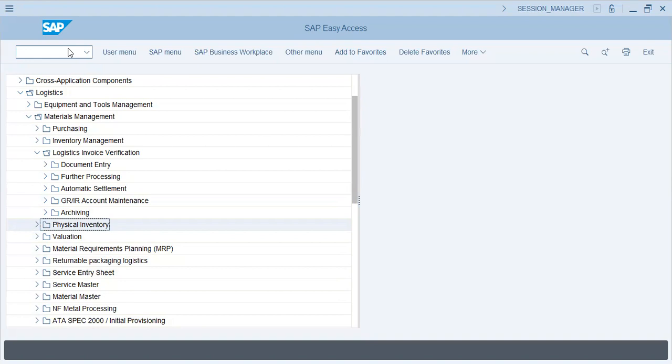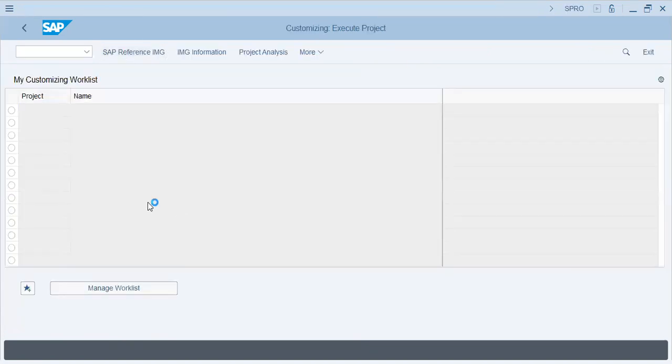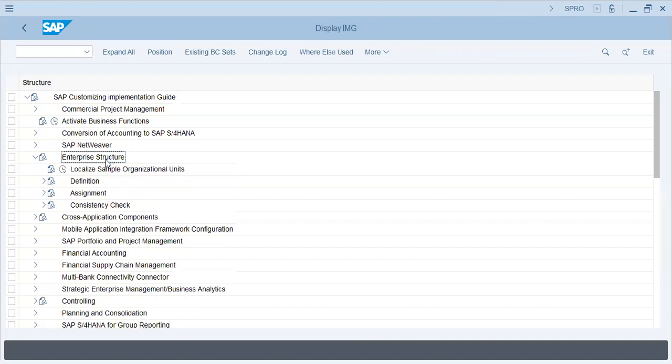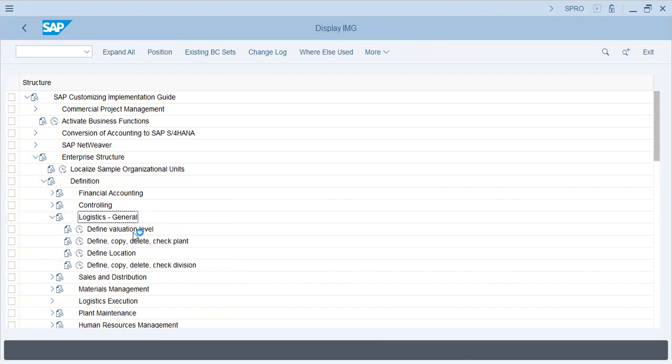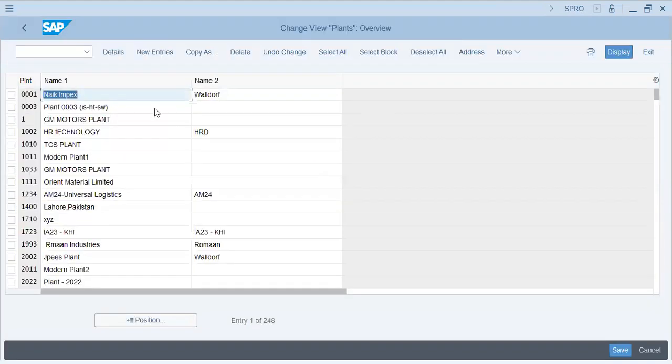But first, let's go to our configuration module, which is how to access configuration, SPRO, IMG. So this is where we start our configuration. Enterprise structure, this is the first part where we create and define our plant. Okay, plant is the first node. Define plant, new entries,